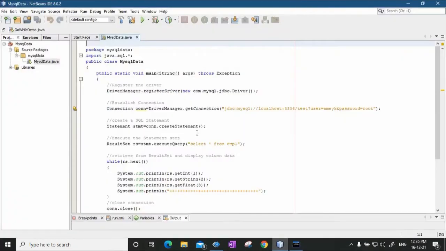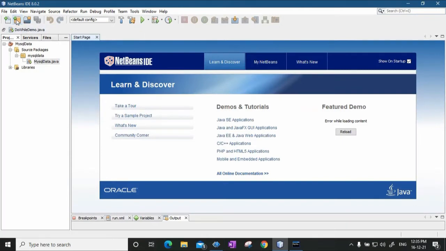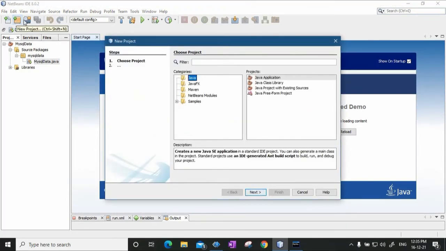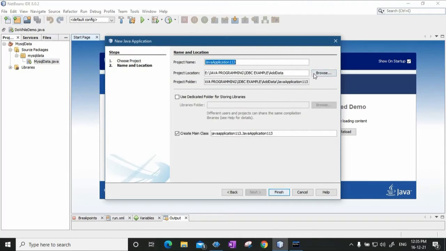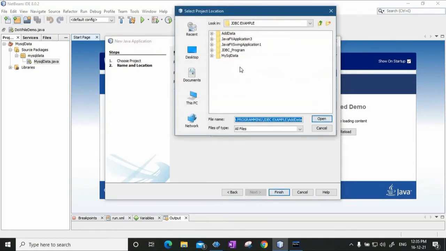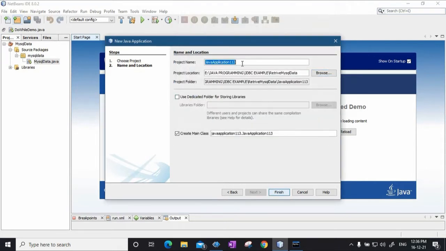Now I'll create a new project. You can say Java application, just say next, and save the project as, say, retrieve MySQL data.